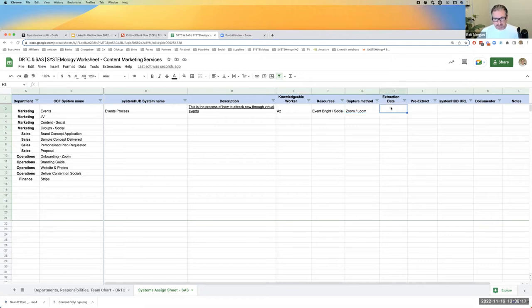Now we move to the extraction date. So the date that we actually go through and extract this out of your head and get it in here, we actually note this date. So you simply just put 16